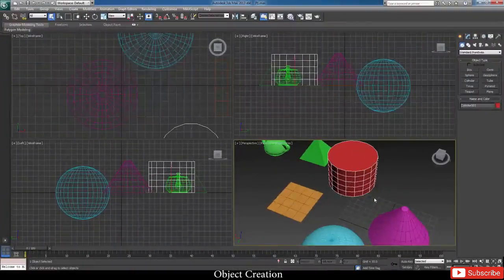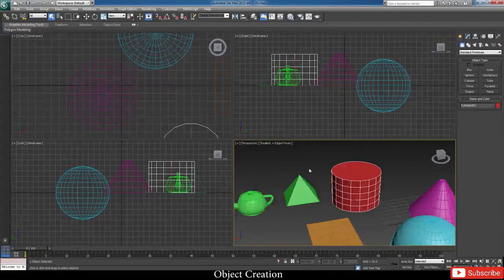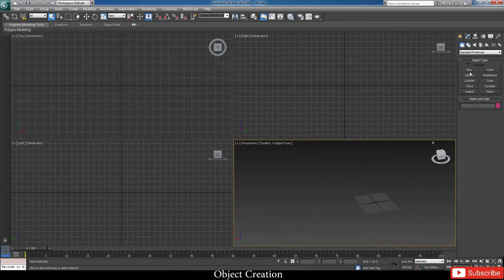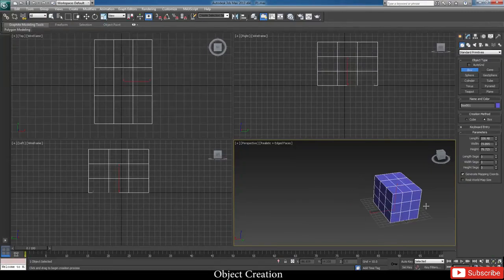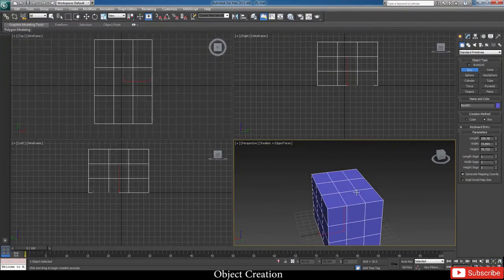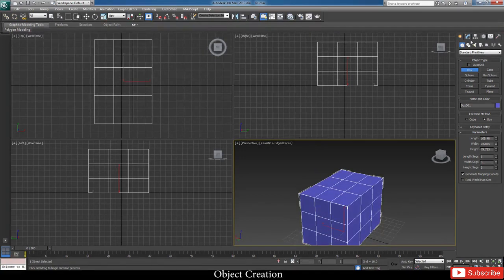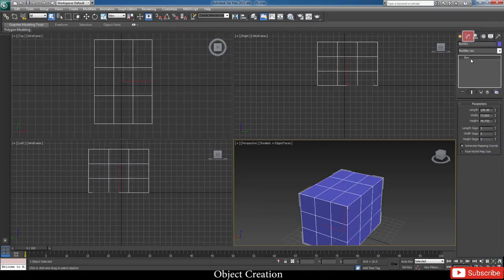As in the previous lecture that I told you, just delete all of this. Come to box. In the previous lecture, I had shown you that this was in the realistic form, and in the realistic form, you do not see edges. You click on F4 and you have the edges there with you. How do you modify this? Now, as I told you, this is a create panel and next to it is the modify panel. Once I've created the object, I can select the object, go to the modify panel, and I have a few parameters over here. Now, based on whatever units that you've set, this will come.